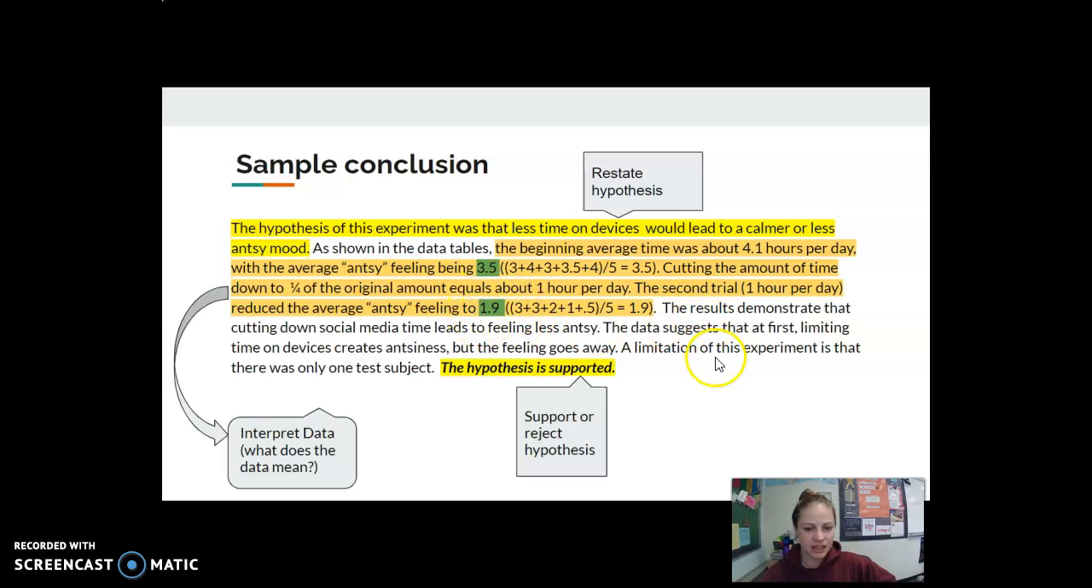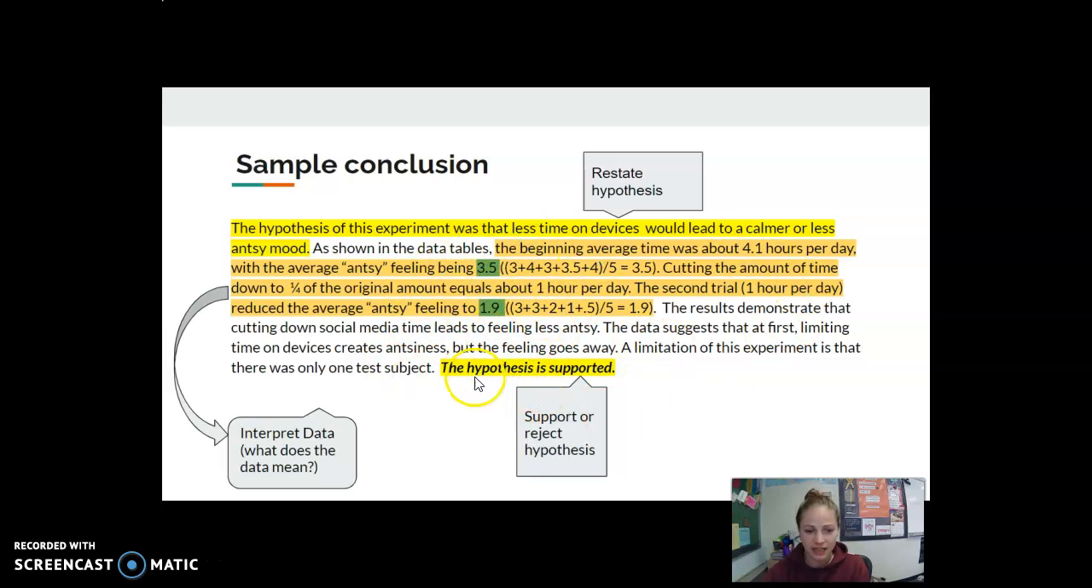Okay, and then here's where some interpretation comes in. The results demonstrate that cutting down on social media or device time leads to feeling less antsy. The data suggests that at first, limiting time on devices creates some antsiness, but that feeling goes away. A limitation of this experiment, so this isn't rock hard science yet, is it? Because I only studied one test subject, me. Okay? Now,